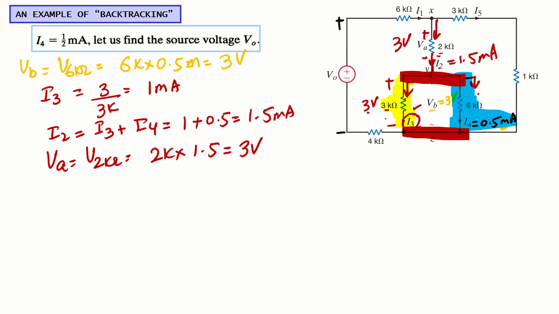So if the voltage drop between nodes X and, let's call this, Y is 3 volt, then the voltage drop between Y and this node Z is also 3 volt, VB. In other words, for this complete branch, the voltage drop between X and Z will be 3 plus 3, 6 volt, right? So this whole branch will have a voltage drop of how much?